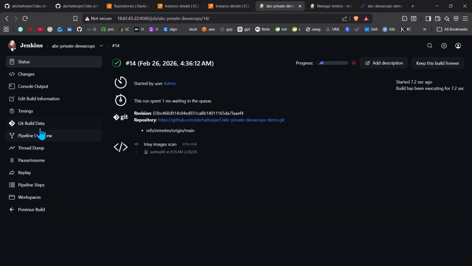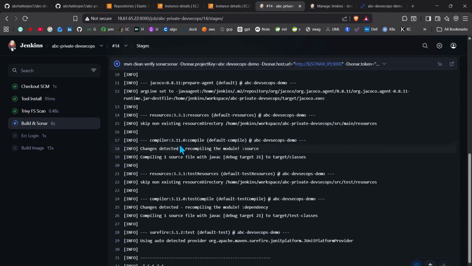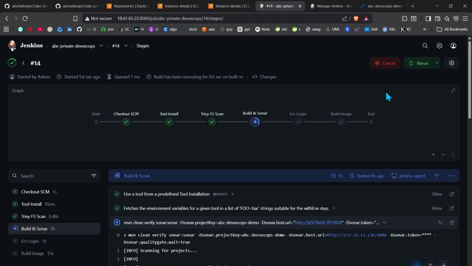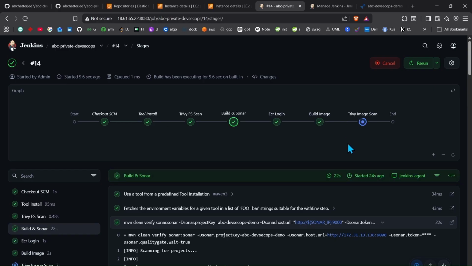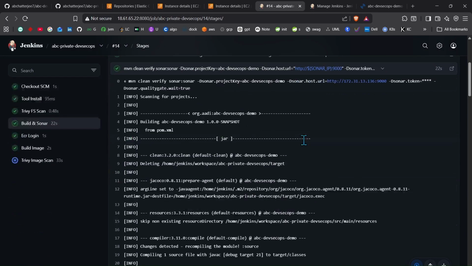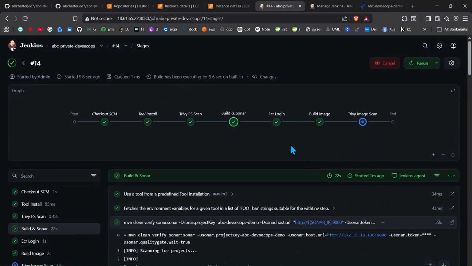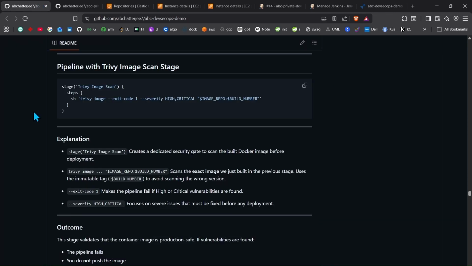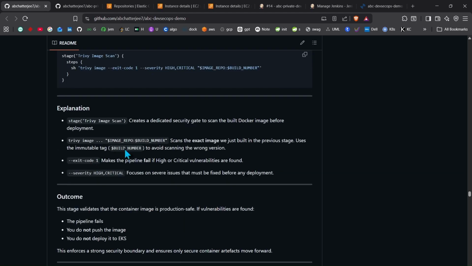This is build now 14. So overview. Once you go there, you will see, let me do a little fast forward. So yeah, this stage got passed now with a green tick. We have already seen that stage. Now we'll go to the next one,